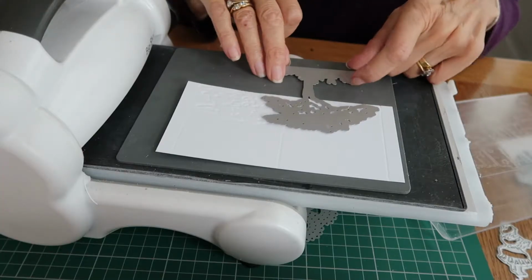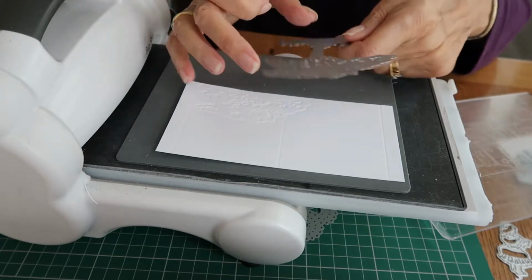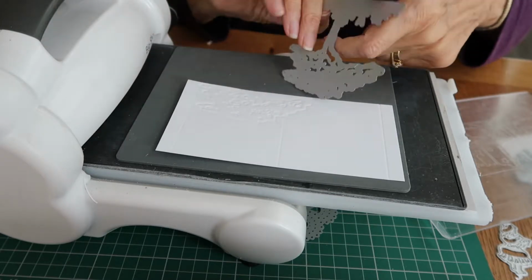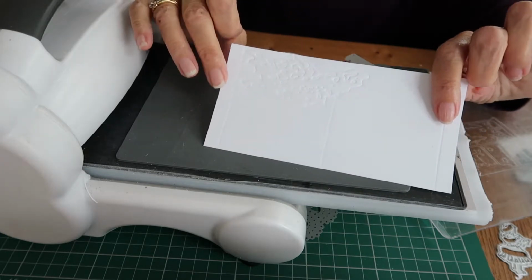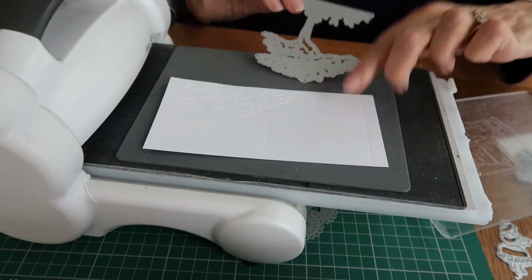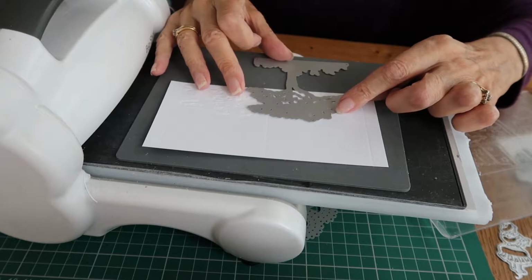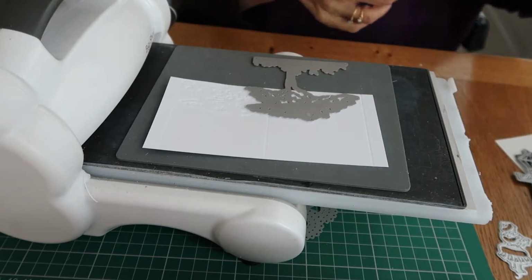For the canopy, I'm using this tree die, and I just want the bushy bit at the top. Just want that to emboss, to make a snowy effect. And here's the bit I did before. I think you can just about see that. And all I'm doing with that, because I don't want the stem, and I'm quite happy to have some overlap on my snow, is just position it where I want it to be and run the...